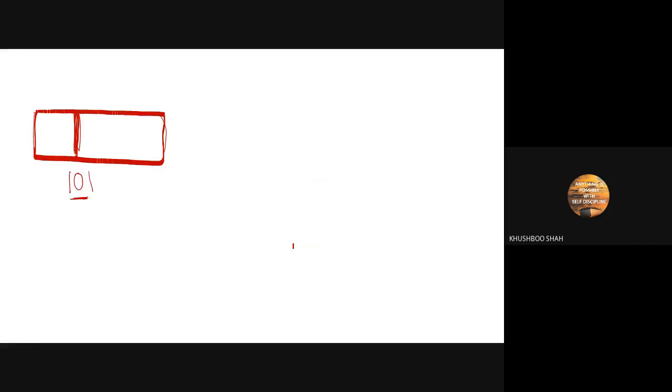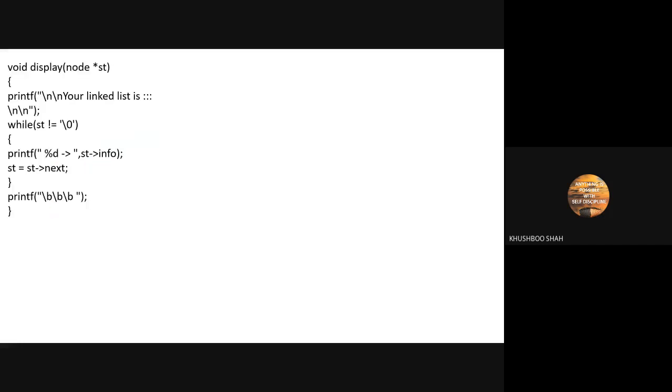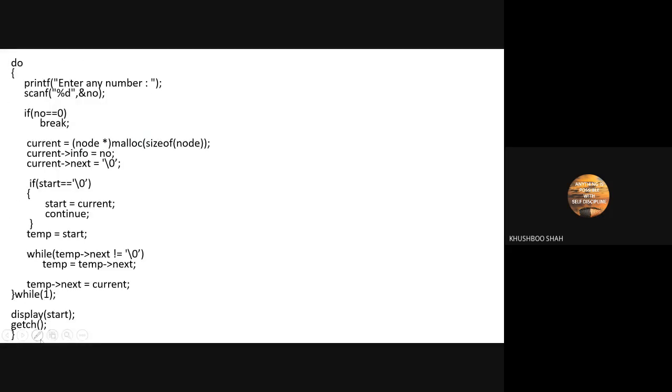See, I got this 101 after executing this statement, only this portion. And this 101 I am going to assign to the current variable. Got it?